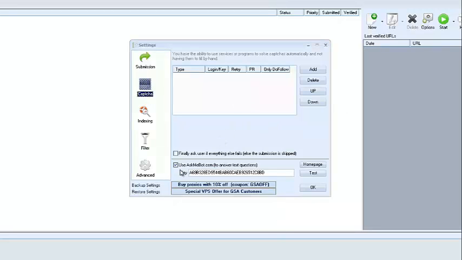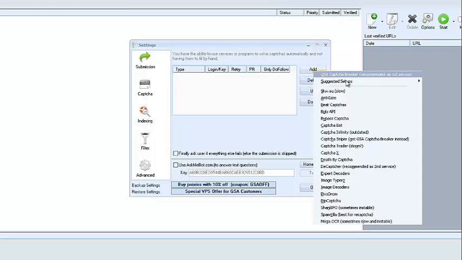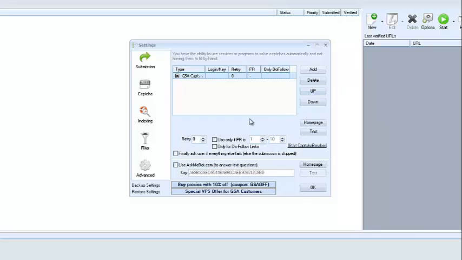Now you'll see in here several things. One is that you need to really click Add to see what options are available, and you'll see there's a lot of different options available in here for CAPTCHA. GSA has their own product, which is always listed first on the list here, GSA CAPTCHA Breaker. So you click Add and you notice that it'll add that service in here, and you can do things like retry